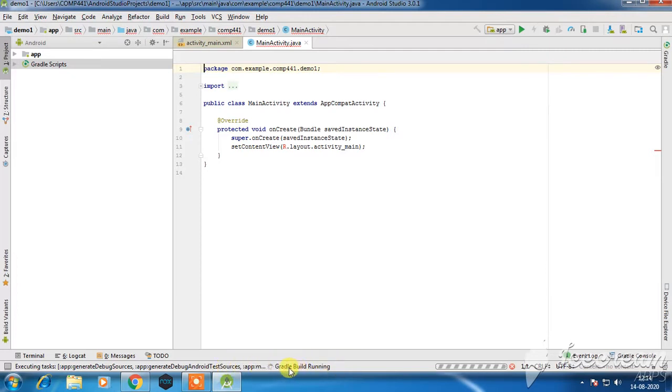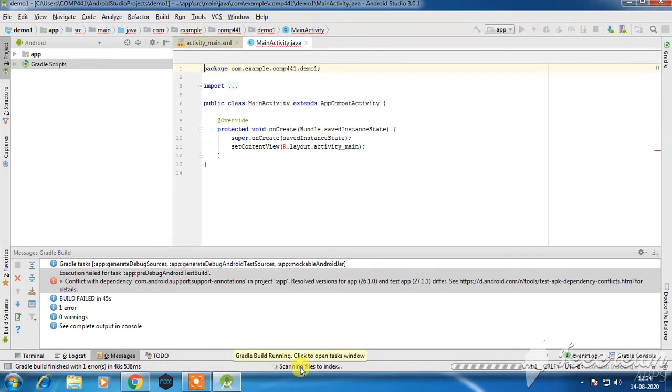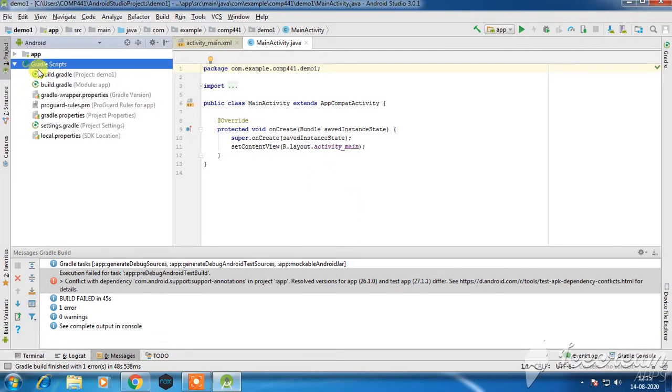Whenever there is a building process in the background, for example, here one dependency issue occurs, that is a conflict with the com.android dependency, and it will show you that this kind of warning or error is happening on my computer, and I have to resolve it by using the Gradle script module app.